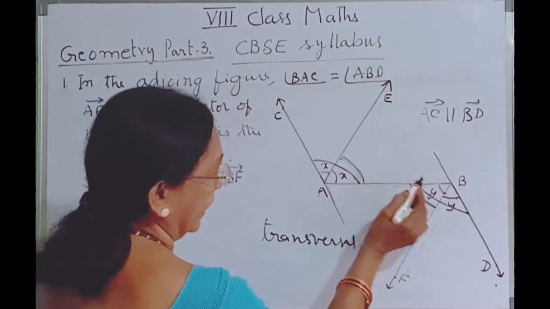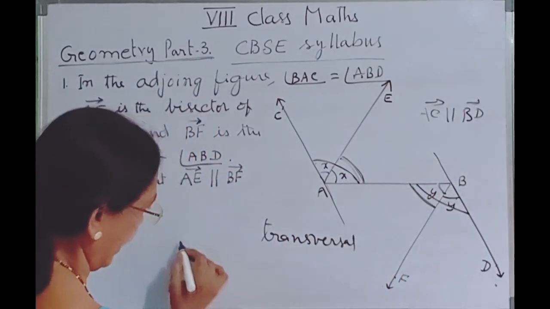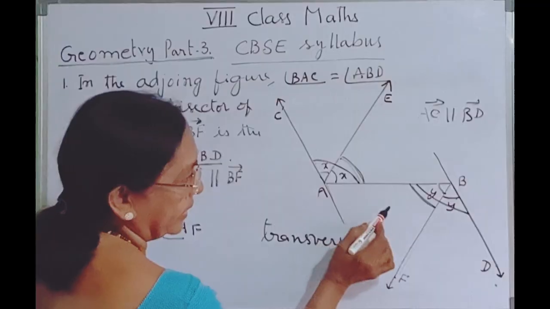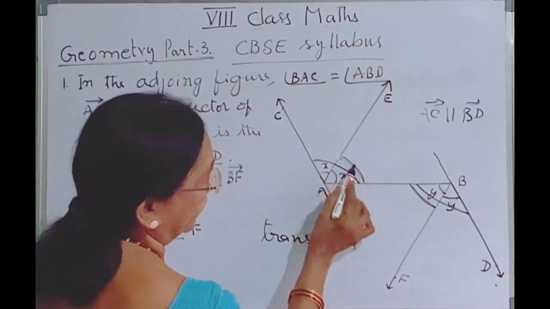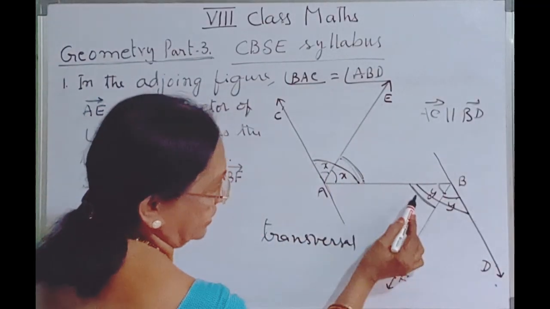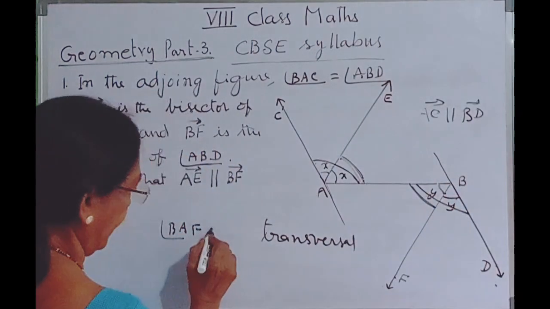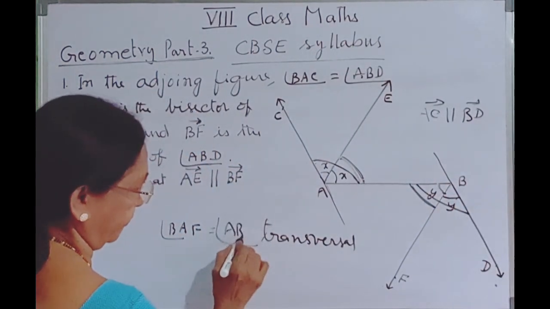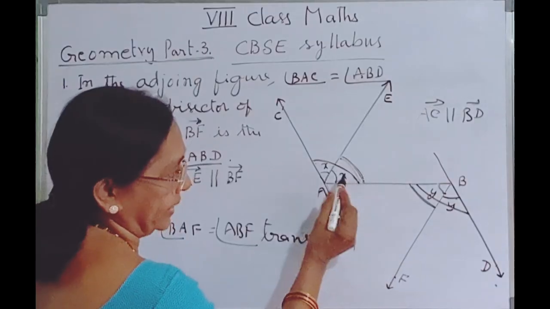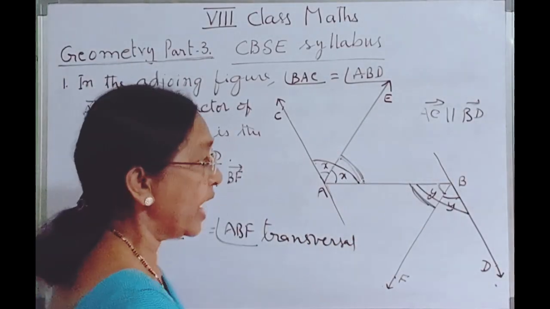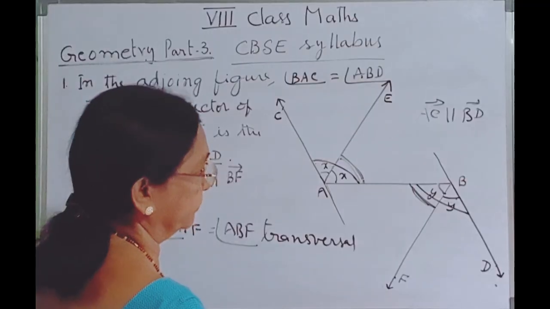That is angle BAE is equal to angle ABF. So these two angles are interior alternate angles and they are equal